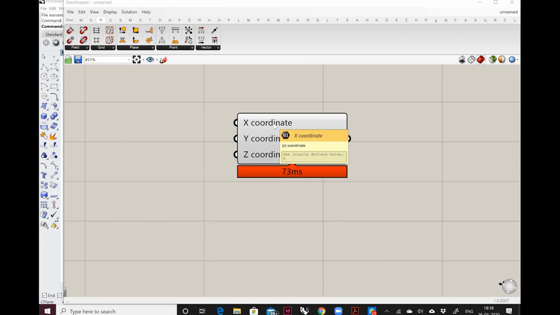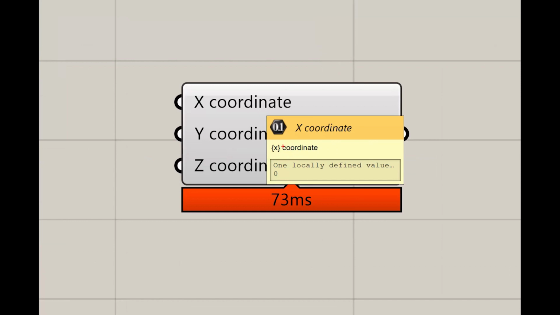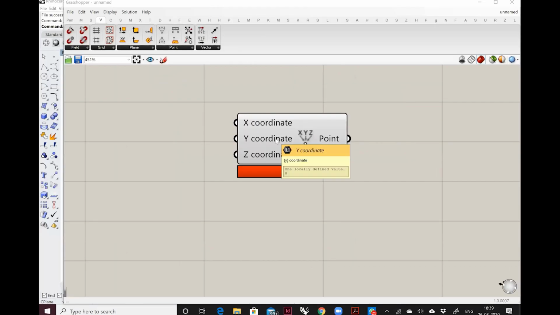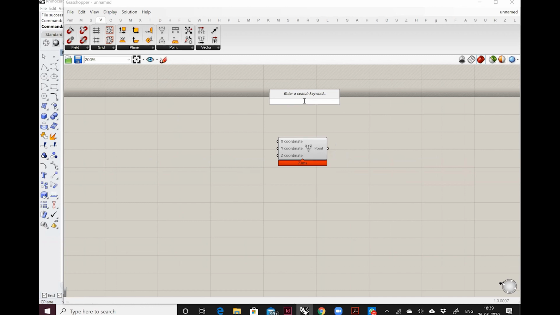If I take my mouse over the input, it says X coordinate, that's the input, and it says 1 locally defined value, and the value is 0. So right now this has a default value of 0. And if I look at the Y coordinate, it also has a default value of 0, and so does the Z coordinate. And I'm just going to get another component.